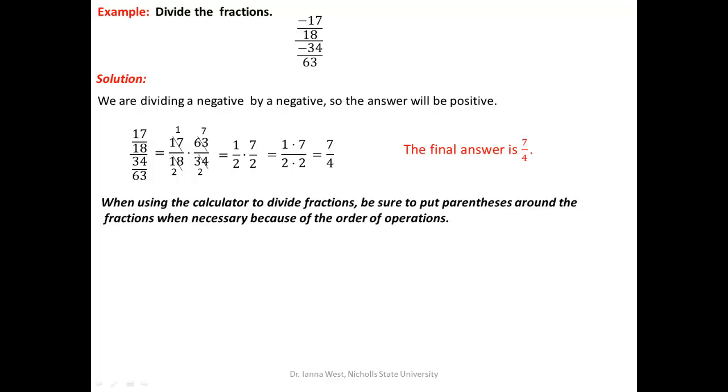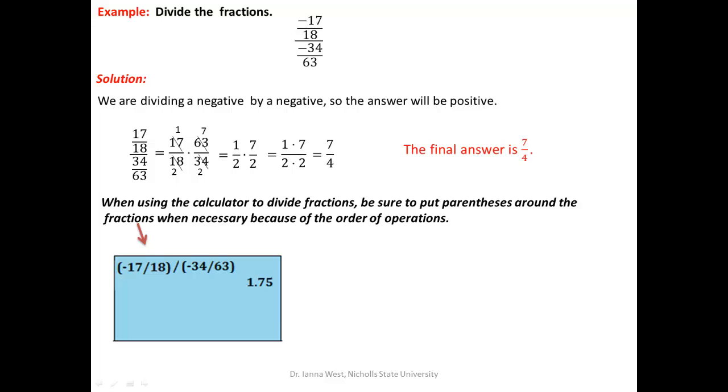When using the calculator to divide fractions, be sure to put parentheses around the fractions when necessary because of the order of operations. We will be discussing order of operations later on in this course. We enter this compound fraction as follows. Open parentheses, negative 17 divided by 18, close parentheses. Then divide that by open parentheses, negative 34 divided by 63, then close the parentheses. When you enter, you will get